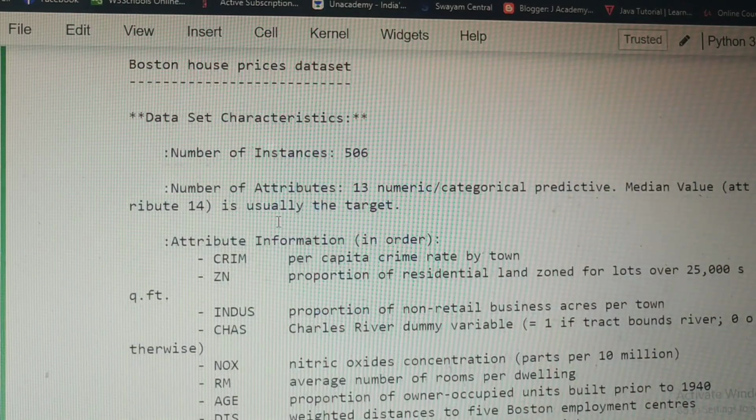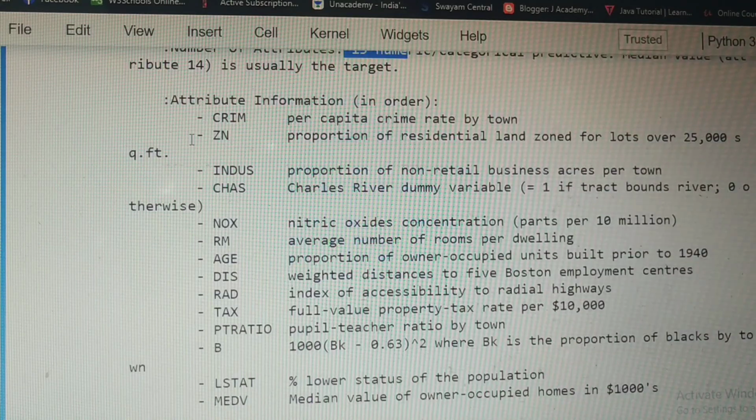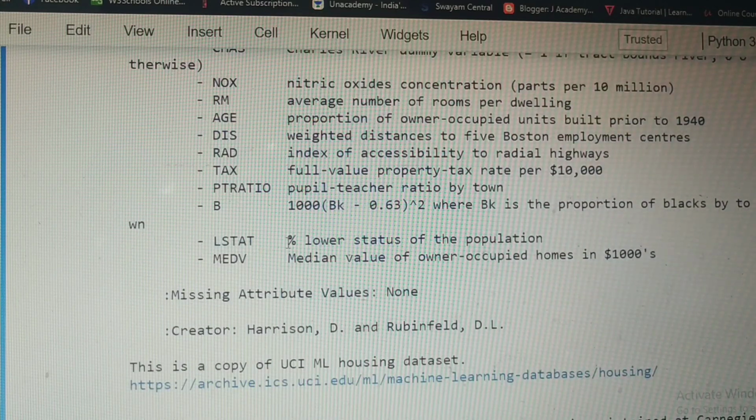So the Boston dataset has around 506 rows and 13 features. The features are CRIM, which is the crime rate in the town, and then you have ZN, INDUS, and CHAS, and then you have something called RM, that is the average number of rooms per dwelling, the age of the building, and the tax, and all this stuff.